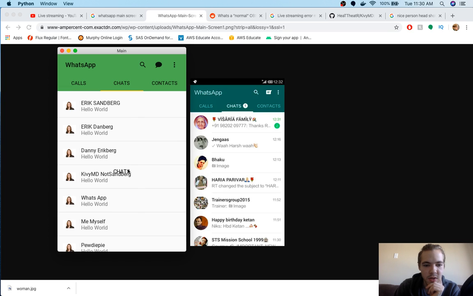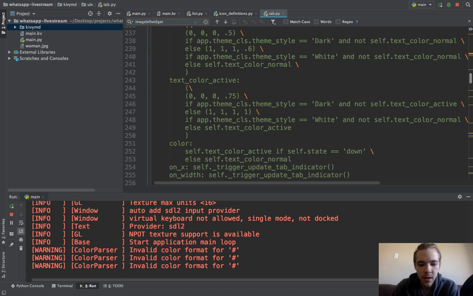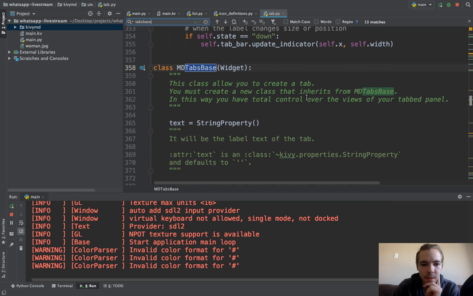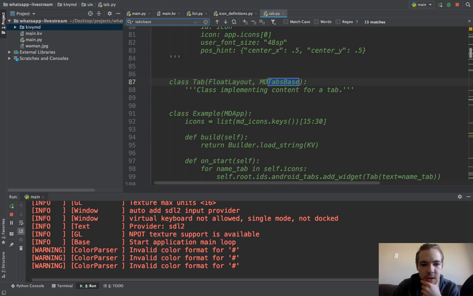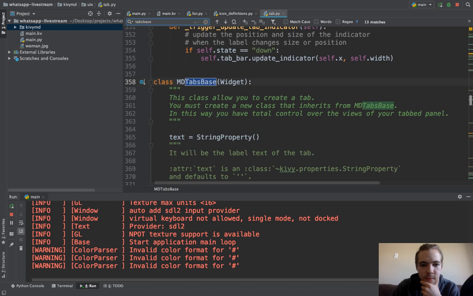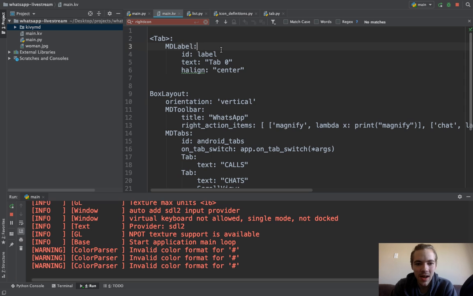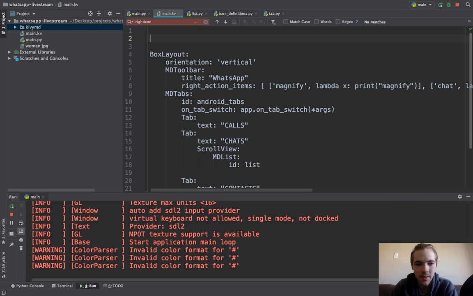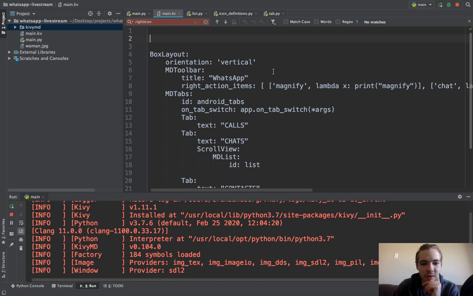This is looking good. We still have this chats label, which, let's figure out why that's in there. I think that's part of the tab here. Tabs base. Where's tabs base? Oh, that's because that's what I did up here. I don't want this. I don't want this. So I probably don't need this either. That's what was putting this little chats thing right in the center. Okay, so if I run this,